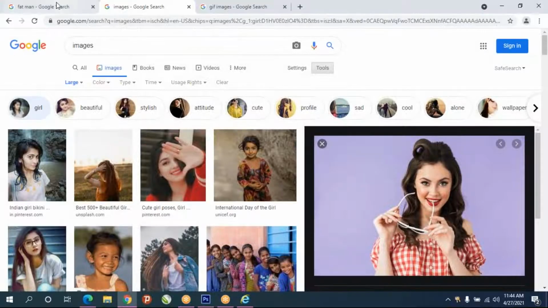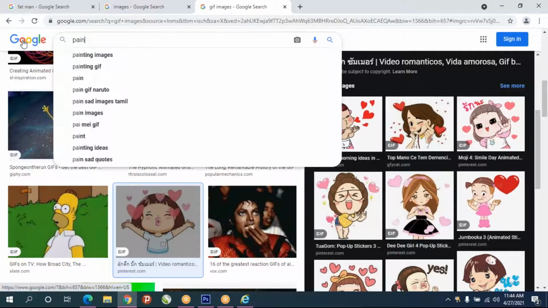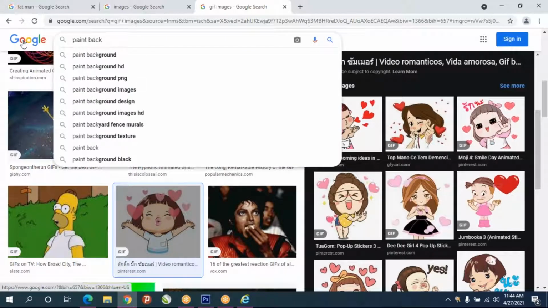Go to internet. Type as paint background, or else you can create one there itself.